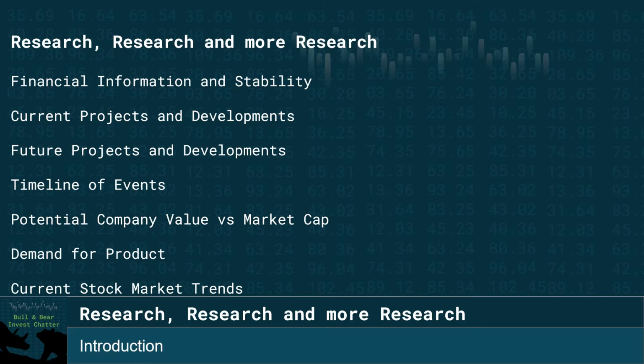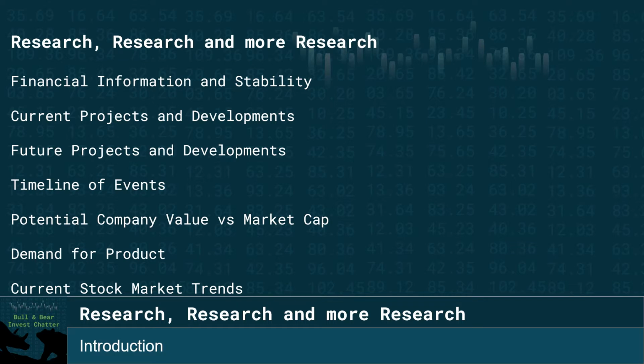Look into what current projects they have and developments thereafter. Is their current project looking for expansion? Is there opportunity to? Is there scope? Are there any future projects that are coming into the company with development schemes? How large are these future projects going to be? Is this going to be good for the company, or are they going to struggle?